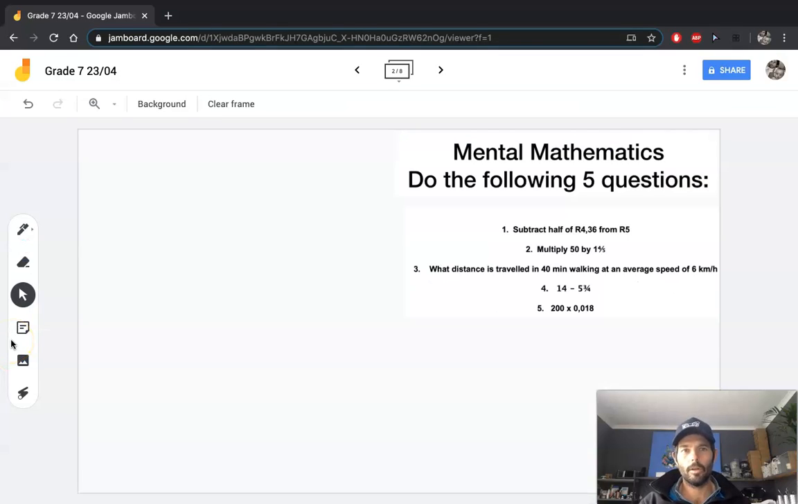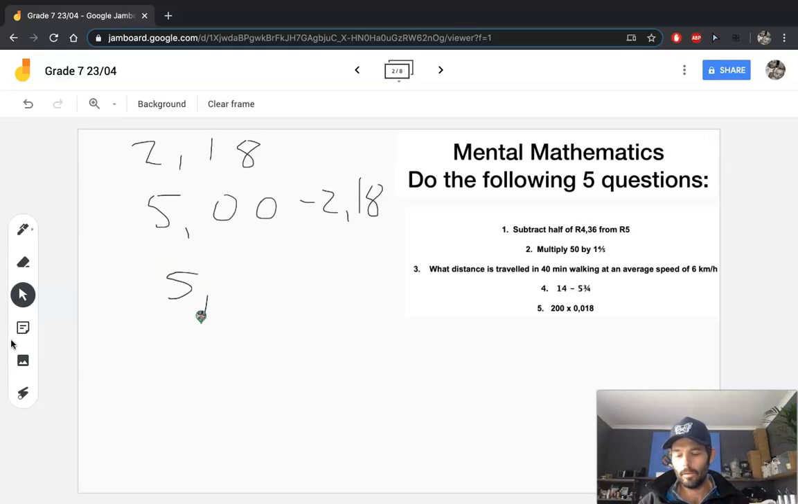Okay, guys, let's have a look at those. So my first question, I needed to subtract half of 4 Rand 36. So half of 4 Rand 36 is going to be 2 Rand 18. And it's 5 Rand minus the 2 Rand 18. Okay. So you can do that in a column method if you would like. All right, and then you need to recognize that you have to